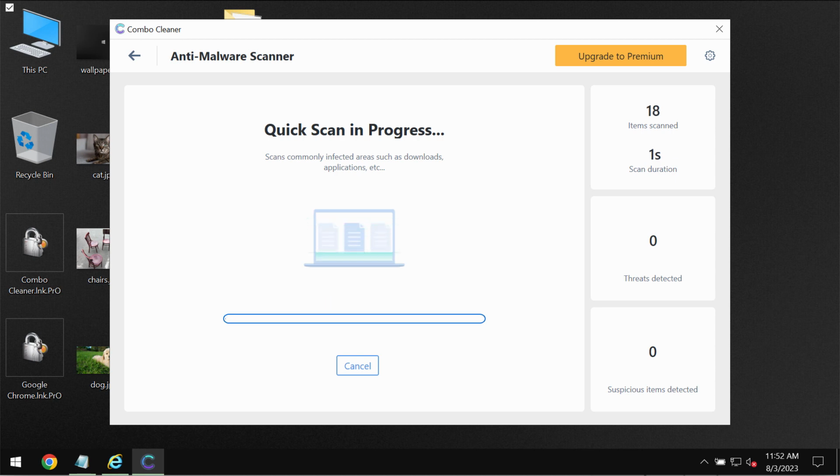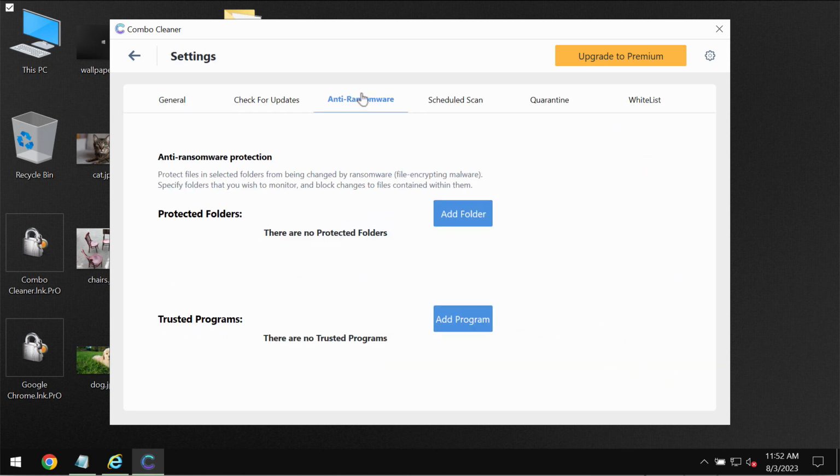The program will first of all update its anti-malware database, which is definitely essential for proper detection and removal of any malware or ransomware. So then the scanning will begin. At the end of the scanning, you will see the summary of the threats. You will be able to know their locations on the computer. Combo Cleaner does not decrypt files. Its anti-ransomware feature helps to protect the data from further ransomware attacks and to remove this ransomware, but it does